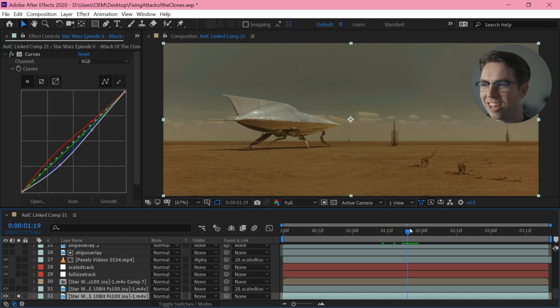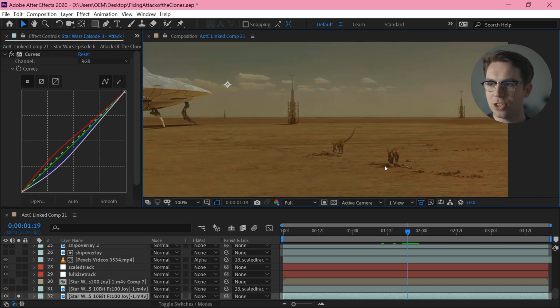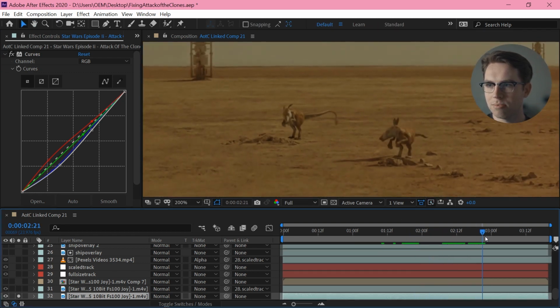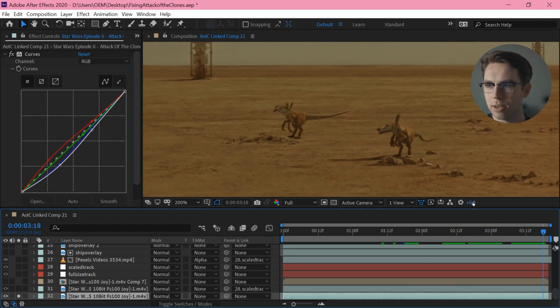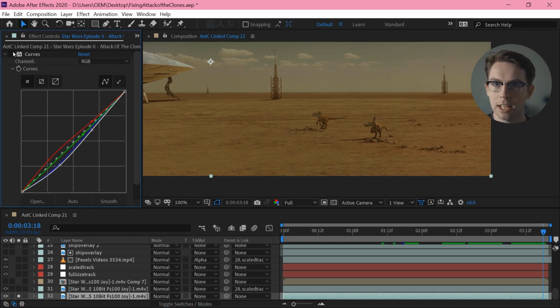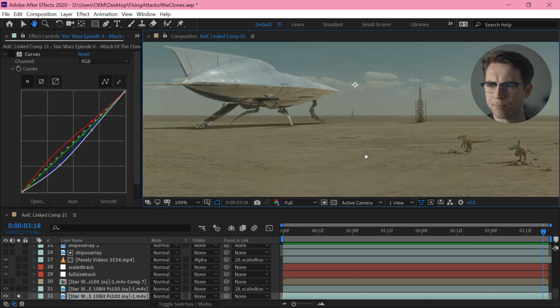Then I didn't like this shadow. The shadow of this little kangaroo guy, whatever they are. It's too obviously coming from off to the side here, like a sun is way back over there, shining down on that.